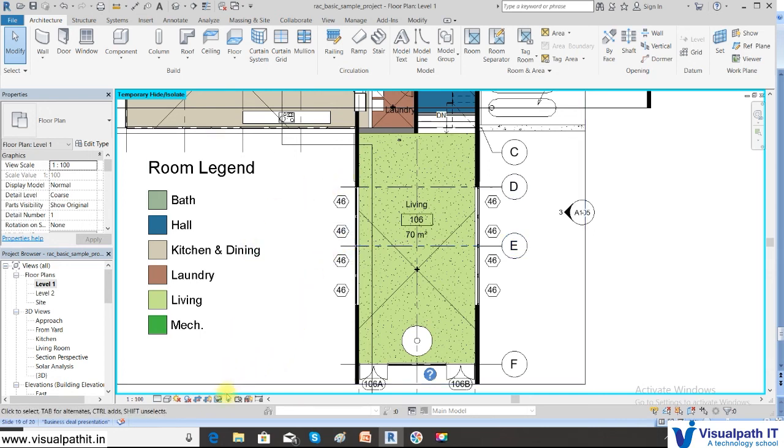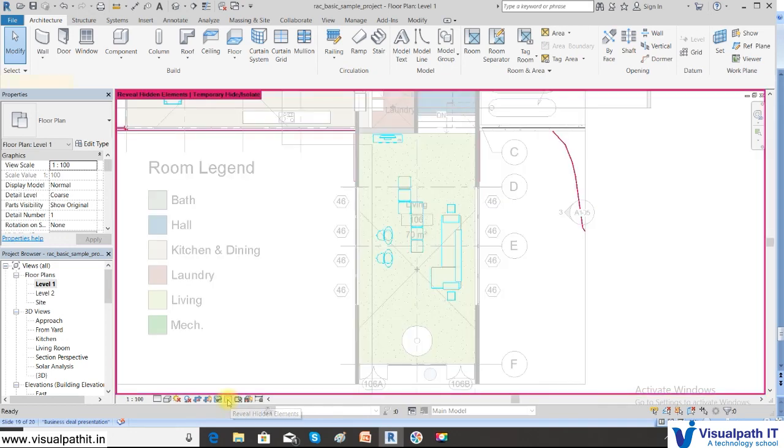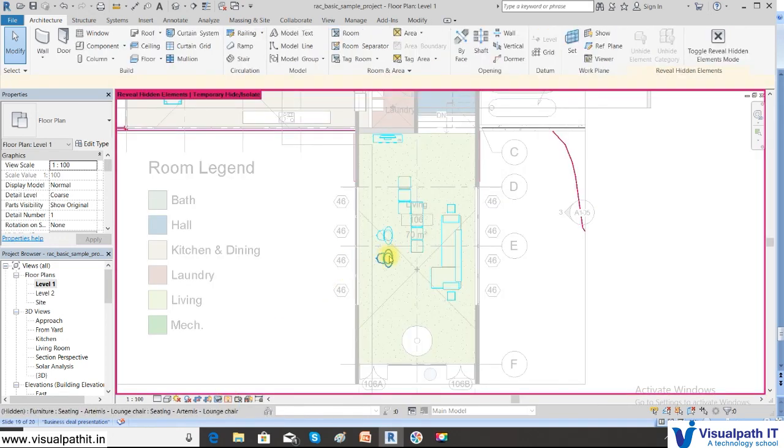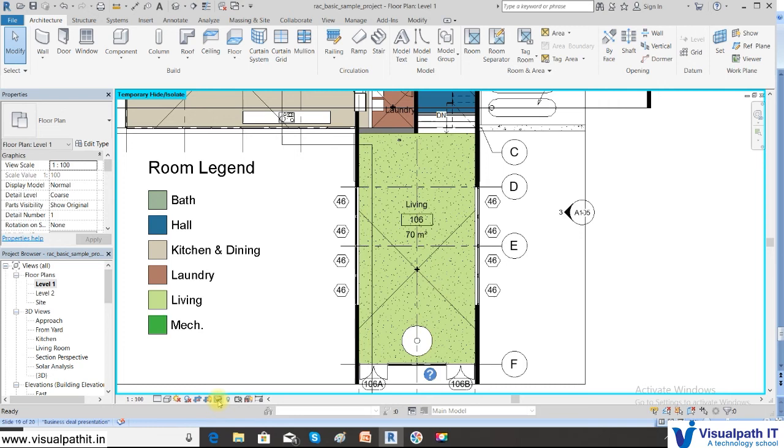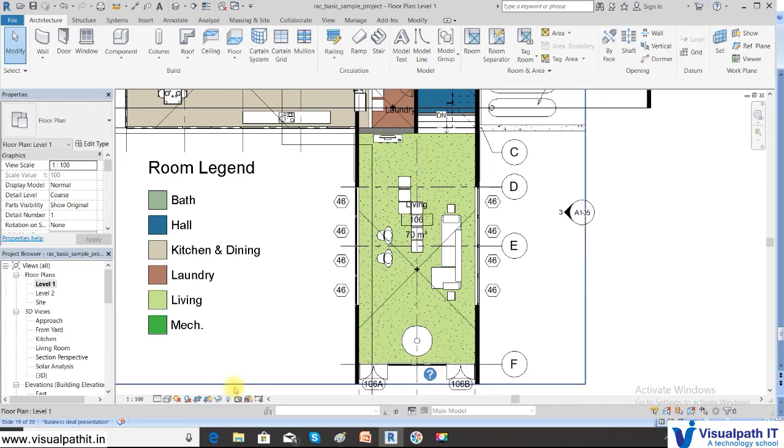So now you can use this button to see which elements are hidden. You can see the blue highlighted ones are hidden. So you can use this button to view the hidden elements. This is called reveal hidden elements. So you can use this view, and if you want to reset it, come to reset temporary hide isolate.